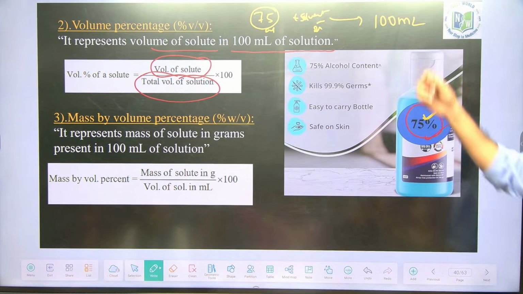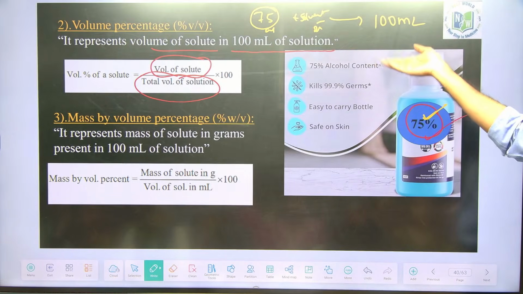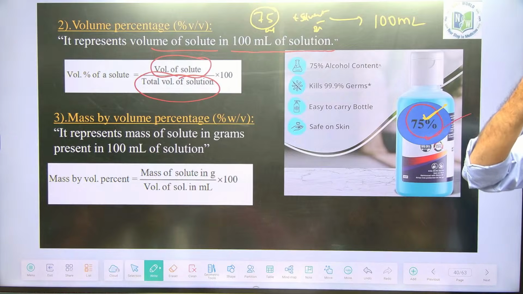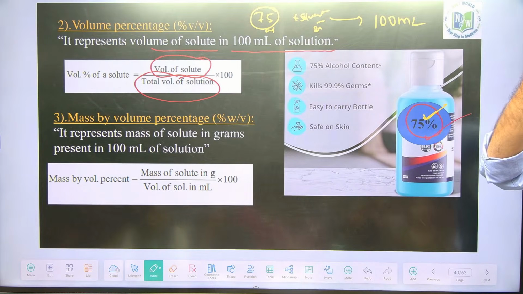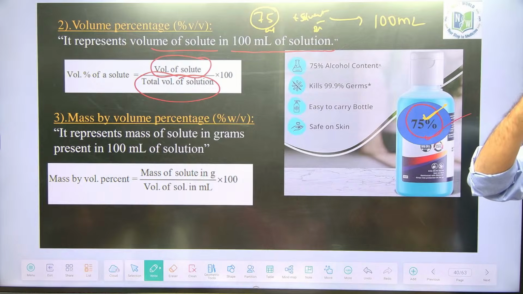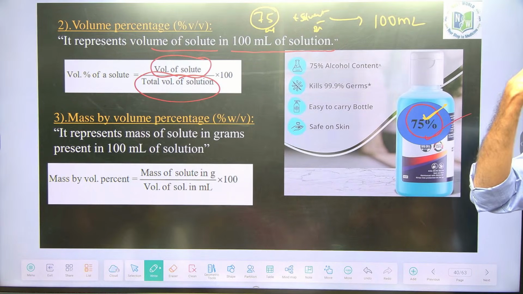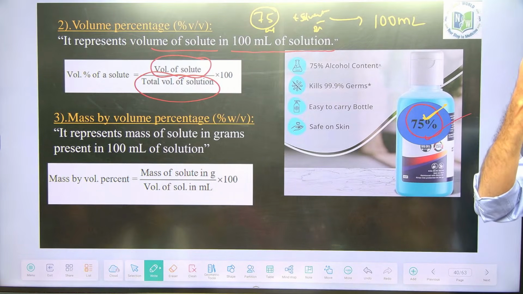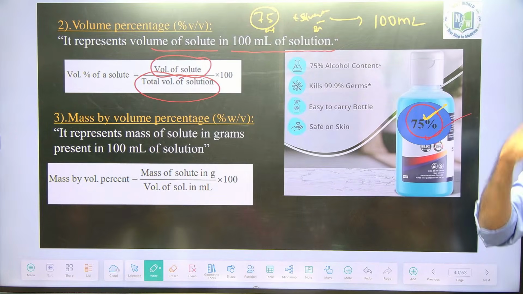Let's move forward. Just one simple formula, you can generalize it to everything. Weight by weight percentage means weight of solute by weight of solution into 100. Volume by volume means volume of solute by volume of solution into 100. Try to say it one or two times with me so that you can remember it, otherwise it is difficult. Next, mass by volume percentage means